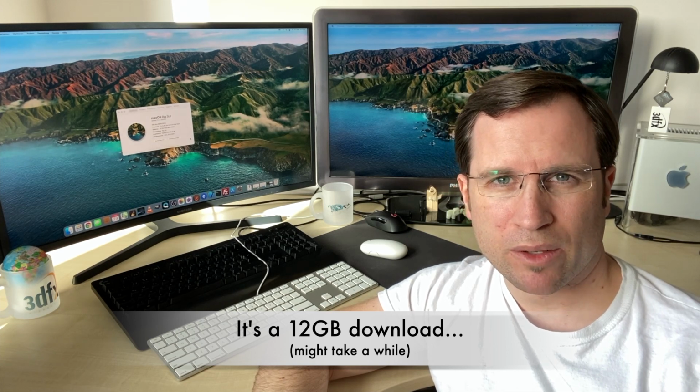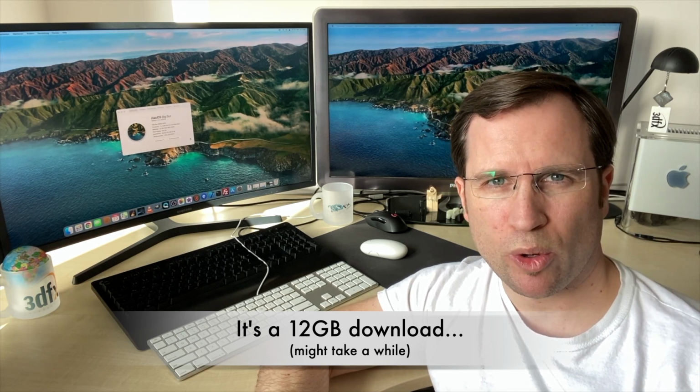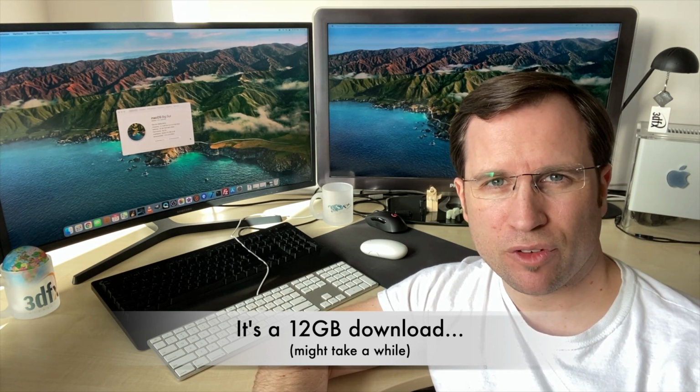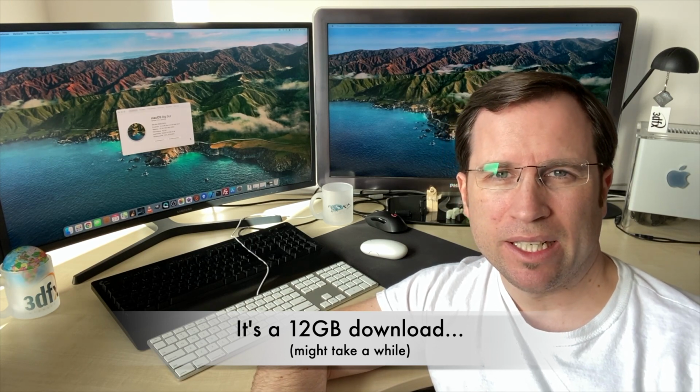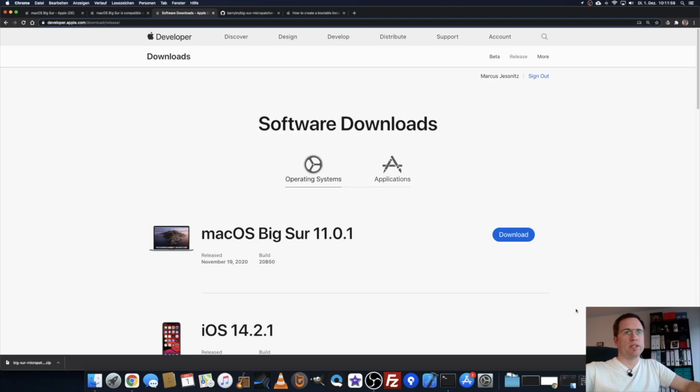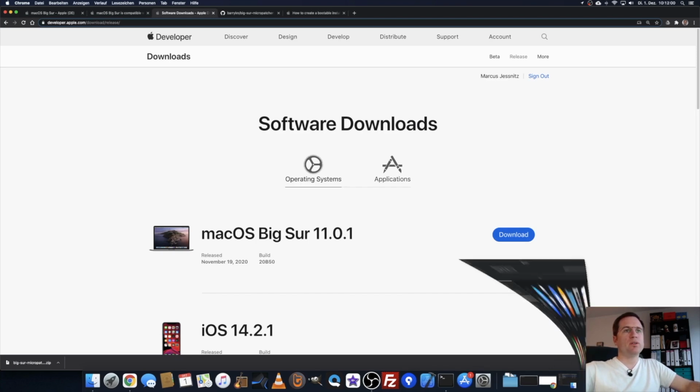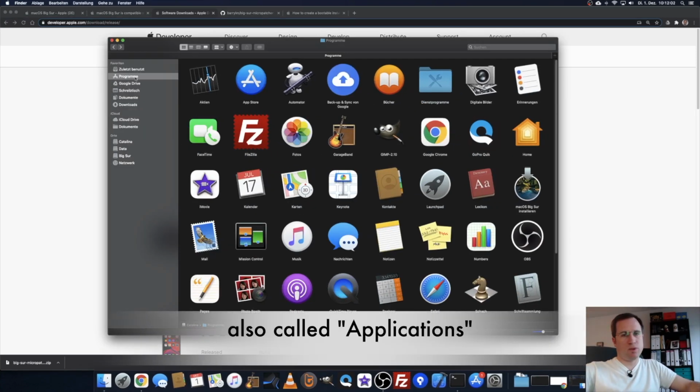So here, go down to the video description and start downloading the new version, macOS Big Sur 11.2.1. It's a big zip file from my Google repository, and then we can start. When you have downloaded it, you just put it into your Applications folder, so it shows up as Install macOS Big Sur under your Applications.